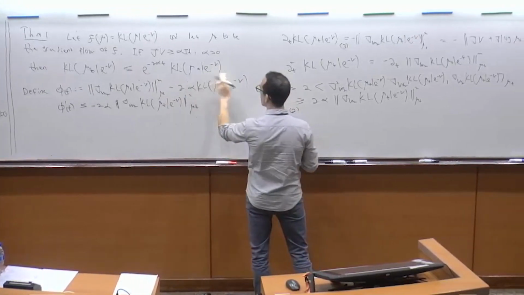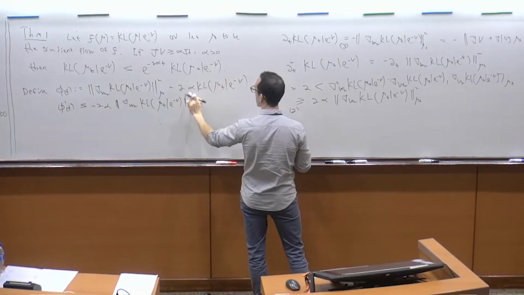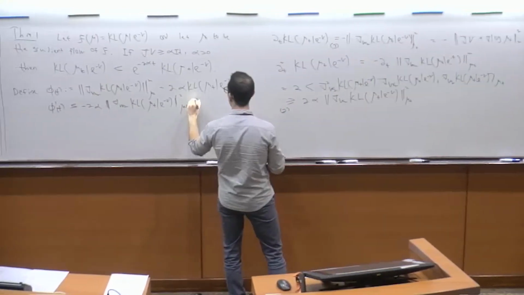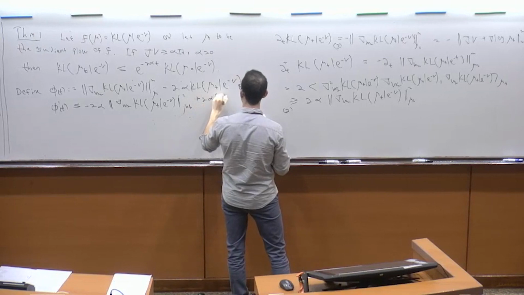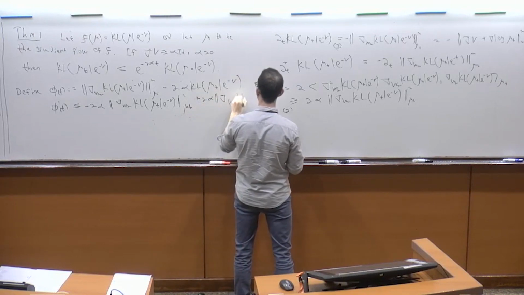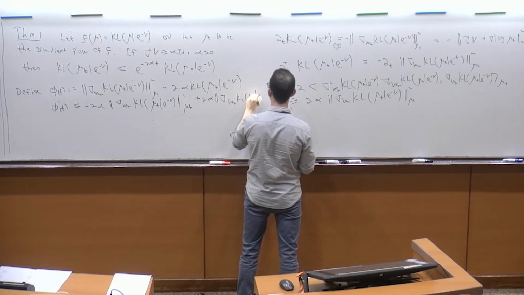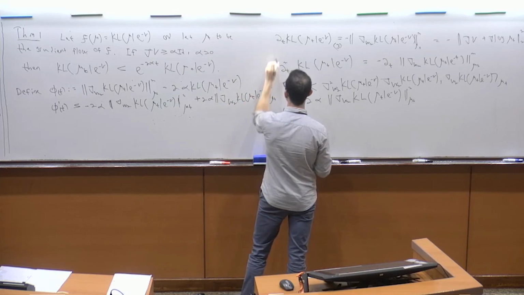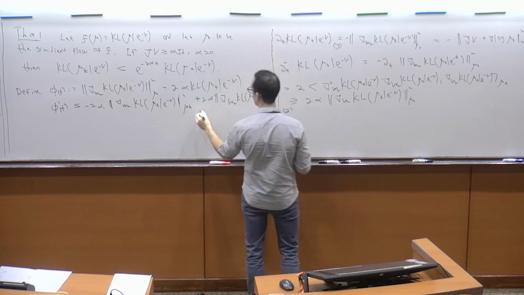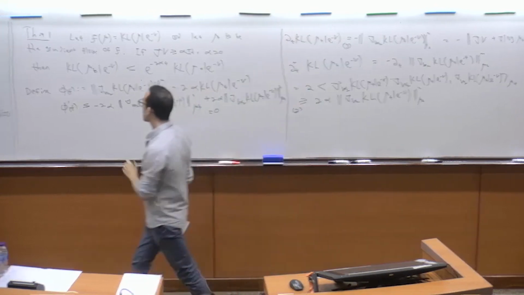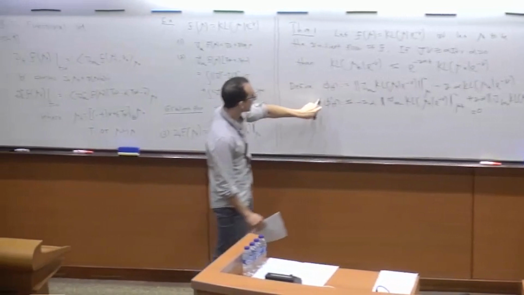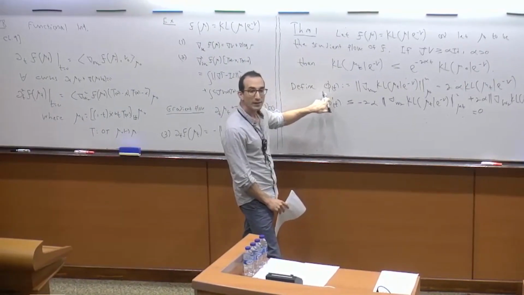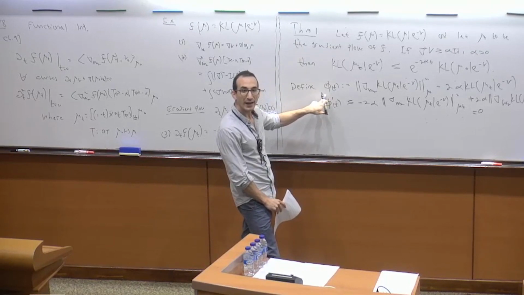And then we differentiate in t this expression, but we know that the derivative of KL is just its gradient, so we get plus 2 alpha, and then again the gradient of KL. But this is, of course, just equal to 0. The two terms cancel. So we see that phi prime is decreasing,